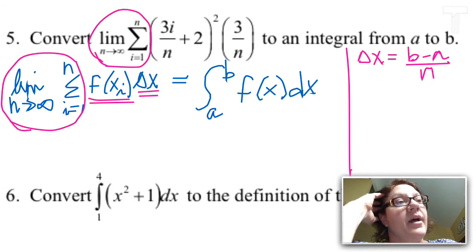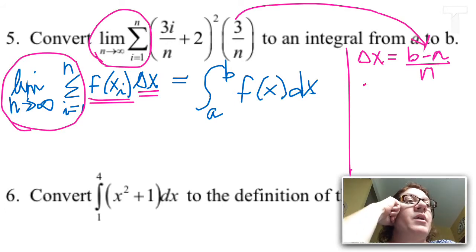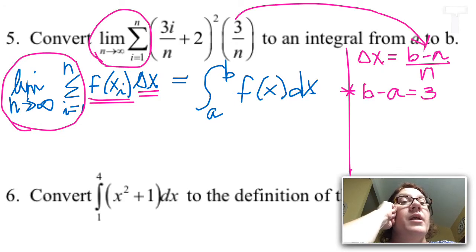So it looks like I have some number over n right here. As a matter of fact, that would have to tell me that b minus a must equal 3. I'll have to go back to that later, see if I can solve for a and b. And then I was also able to find, remember, x sub i was a plus delta x times i. And so I don't know what a is yet,